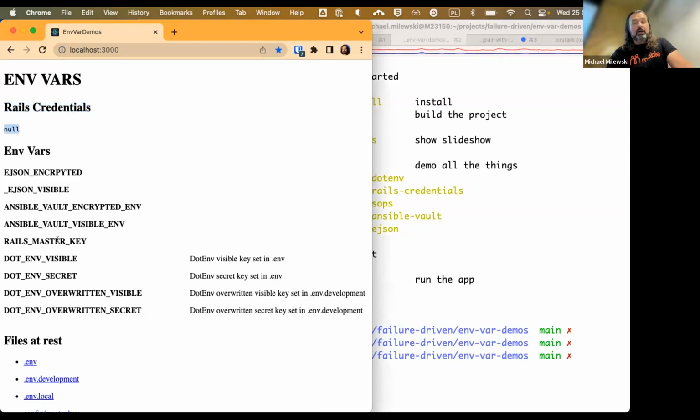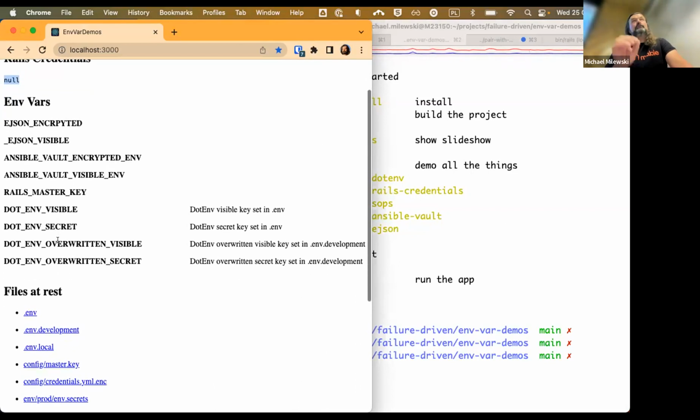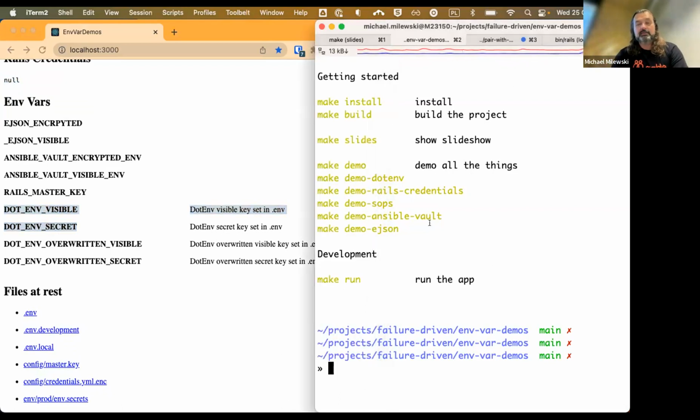I have all sorts of environment variables, and the first thing I talked to you about is this .env stuff. And these are the ones actually coming up, right? So I have a .env visible and a .env secret. Imagine that's a thing that's a setting and a thing that's a secret setting. Where do they come from? It says it's set in the .env file. So if I cat the .env file,